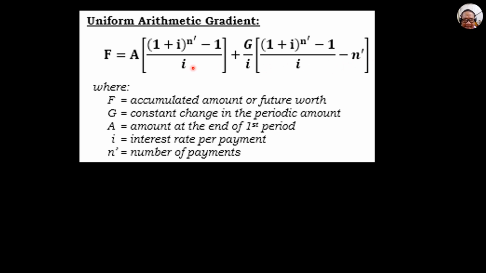But as I said, you just memorize the formula for present value of uniform arithmetic gradient, then everything can be derived. You may not memorize this anymore because F, future worth, is simply the present worth of uniform arithmetic gradient P sub AG in the preceding slide multiplied by 1 plus I to the n, as my suggestion. So let us continue for uniform gradient.